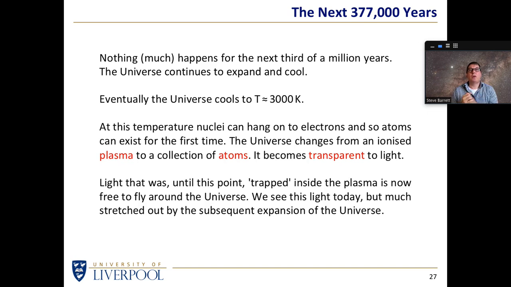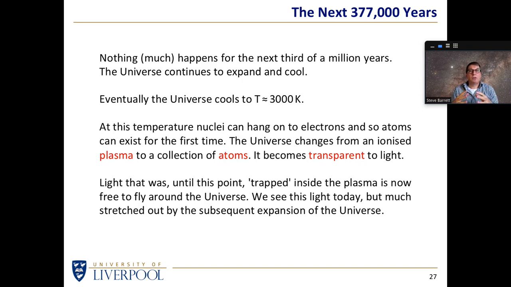So what sign have we got that we can actually see this light that was released? What are we expecting this light to look like? Well, how hot was the universe when the light was released? It was 3000 Kelvin. What happens if you take something and heat it up to 3000 Kelvin? It ends up white hot. If you heat something up to hundreds of Kelvin, it starts to get a dull red. If you heat it up more, it starts to go orange. If you heat it up to thousands of Kelvin, an object will glow white hot. So the universe was white hot when the light was released. In other words, we would expect to see visible light.